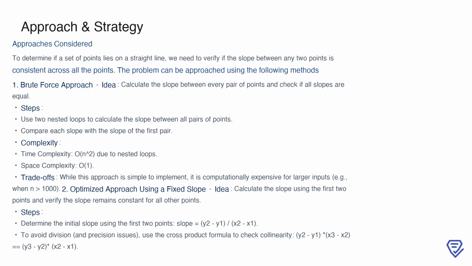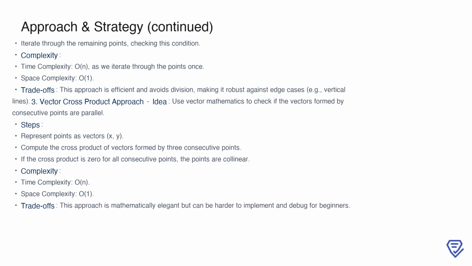Instead of relying on division, which can lead to precision issues, we use the cross-product formula to check for collinearity. This avoids errors and ensures robustness, even in edge cases like vertical lines. In the optimized approach, after calculating the initial slope using the first 2 points, we iterate through the remaining points